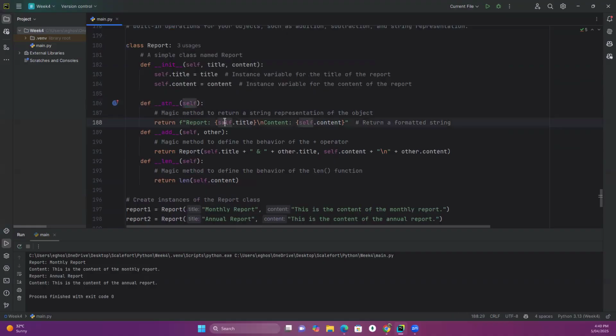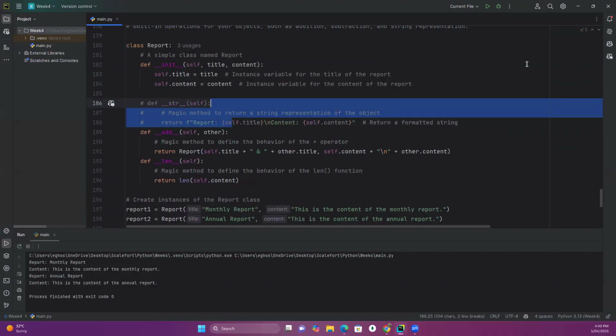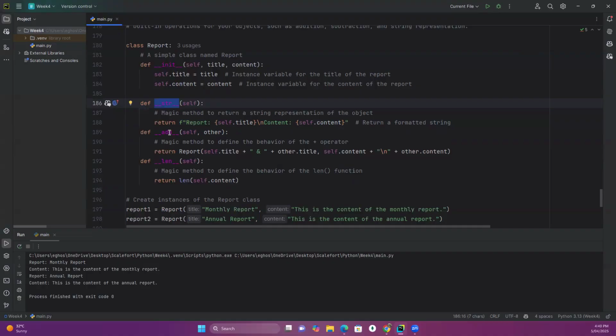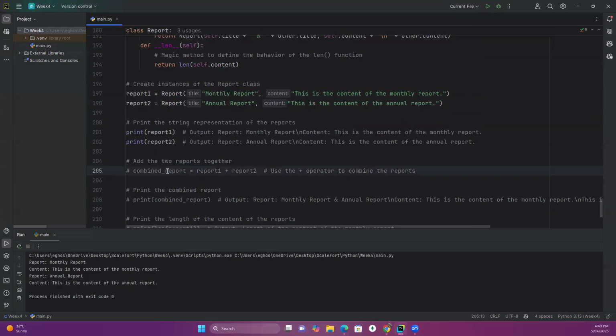Now let me show you something. Let me remove it. And you see what will happen. Can you see? Because it's a magic method, it's already defined. What it does is just prints whatever you're returning, so to speak. And it should work fine. Right? So I can return something else. I can just return the title and not return the content and it will work fine. That's for print. Now this add, what the add does is it collects